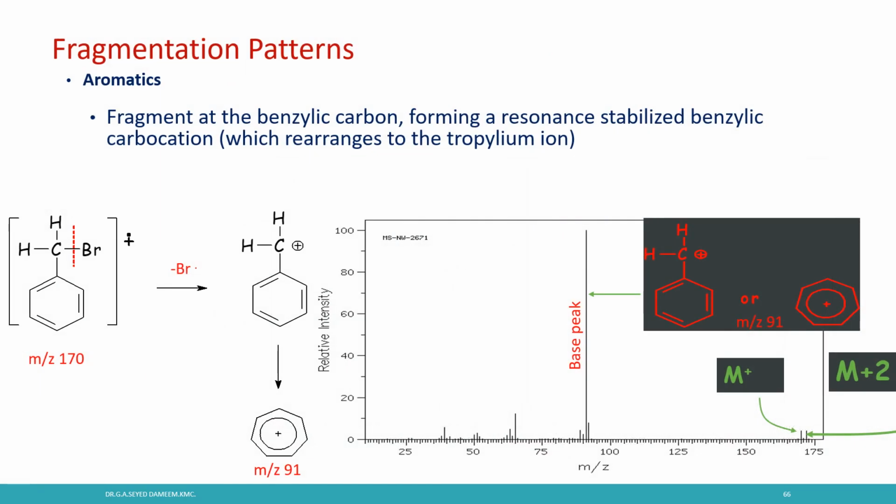This slide shows the mass spectrum of benzyl bromide with m/z 170. Here it gives the molecular ion peak at m/z 170 and the M plus 2 peak at m/z 172. After the formation of the molecular ion of this compound, it eliminates a bromine radical, forming the benzyl cation, corresponding to the formula C7H7+, which is a tropylium cation and which has greater stability. That ion gives the base peak. Yes, the spectrum of this compound is similar to that of para-bromotoluene.